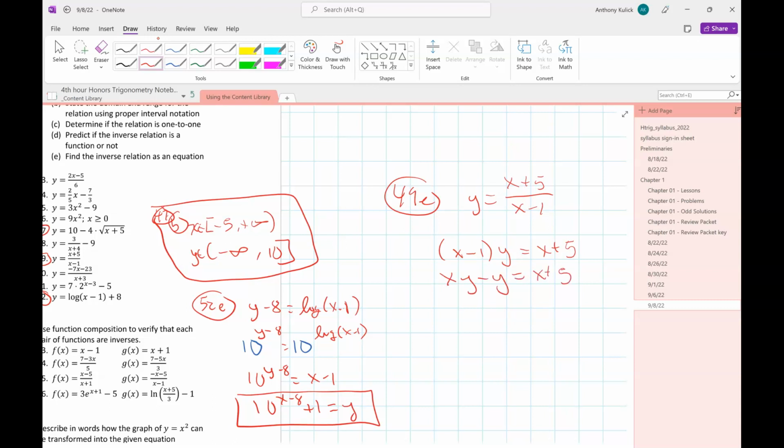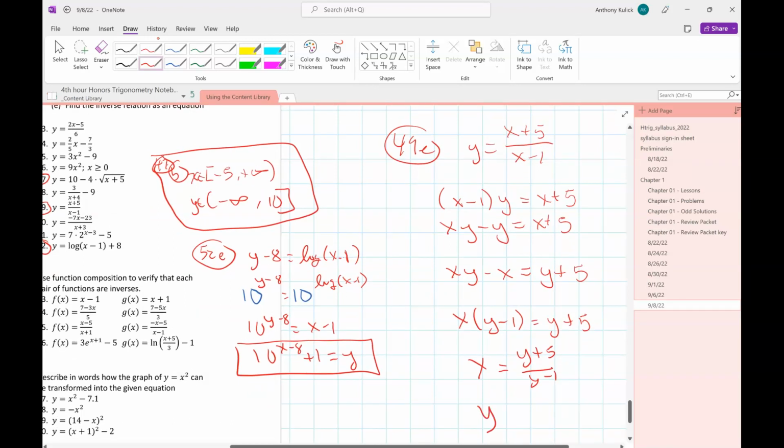Then I move the stuff with x's onto one side by subtracting x from both sides, and move the stuff without x's to the other side by adding y to both sides. Notice on the left-hand side now there's a greatest common factor of x, so I'll factor that off. And then I'll divide by y minus 1. And when I swap the x's and y's,